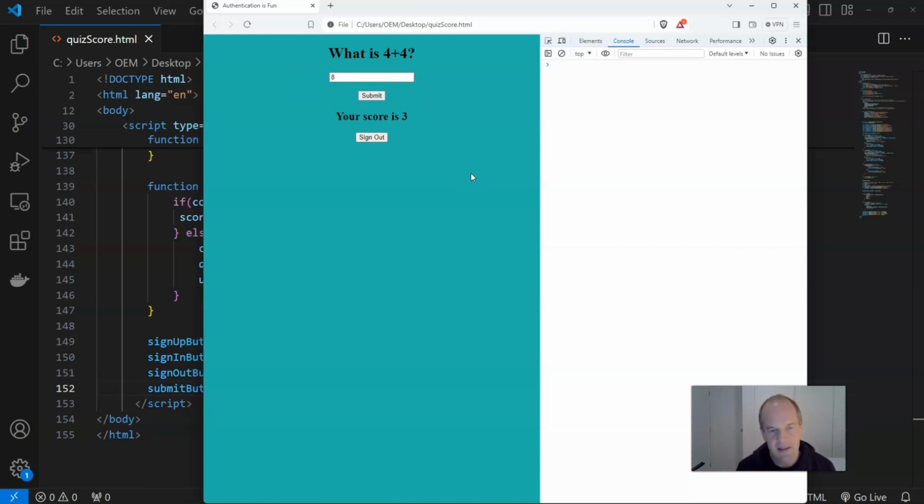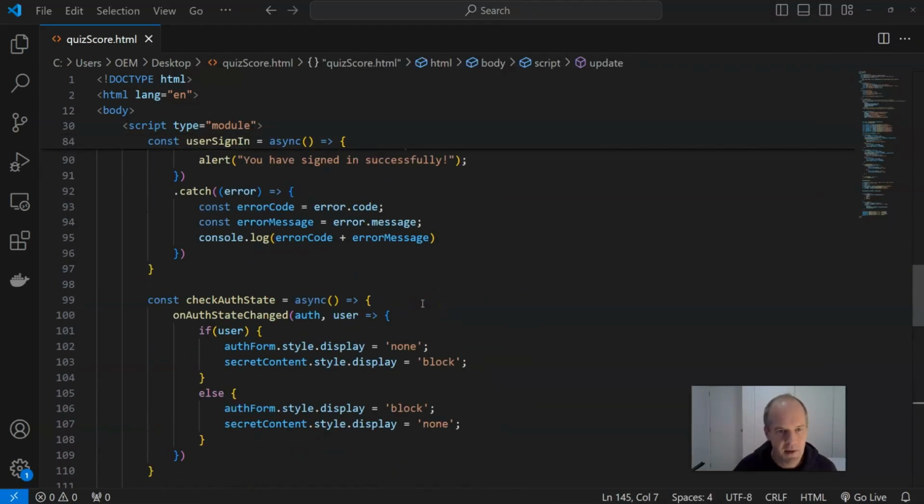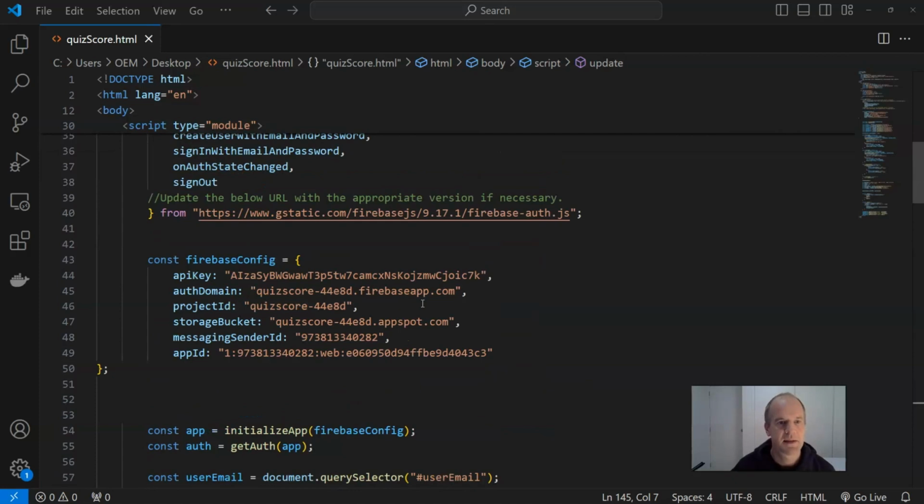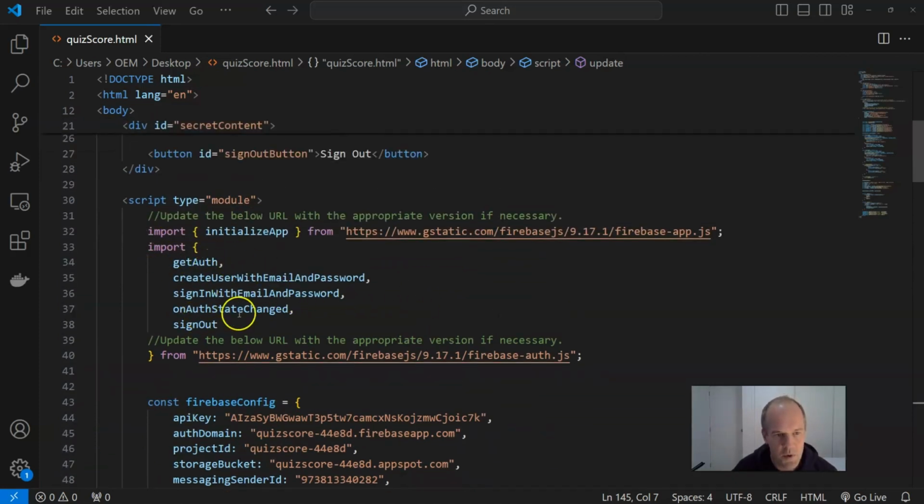But what we're going to look at in this demo is how do I then take the score, which sure, it's there in the JavaScript and it's showing up in the browser, but how do I take that and actually get it saved in the database, number one, and then how do I query the database to sort the data and show me what my highest score is if I've done multiple attempts at that same quiz. And the first thing I'm going to need to do to get that happening is I'm going to need to come up here to where I have imported various methods from the Firebase library,